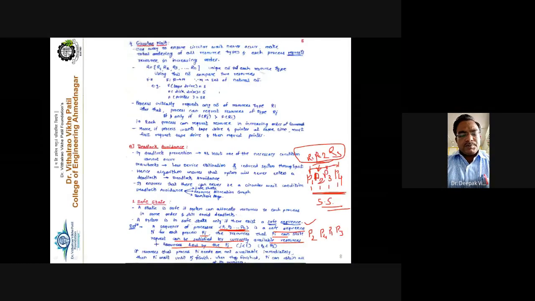But successfully, without any process entering the waiting state or getting into a deadlock condition, process P2 executes, then P4, then P1, and P3. This is called the safe sequence, right? And by executing this safe sequence, the state of the system is called the safe state of the system.